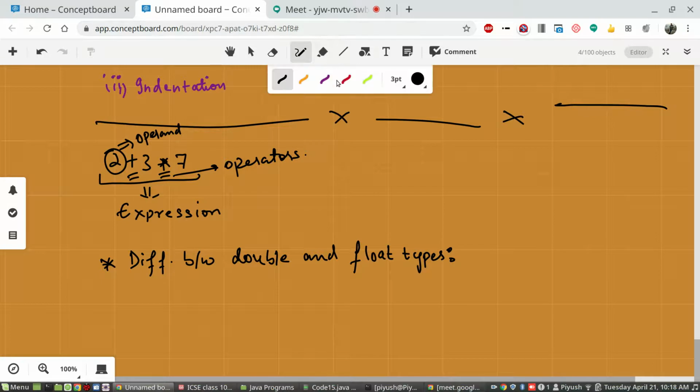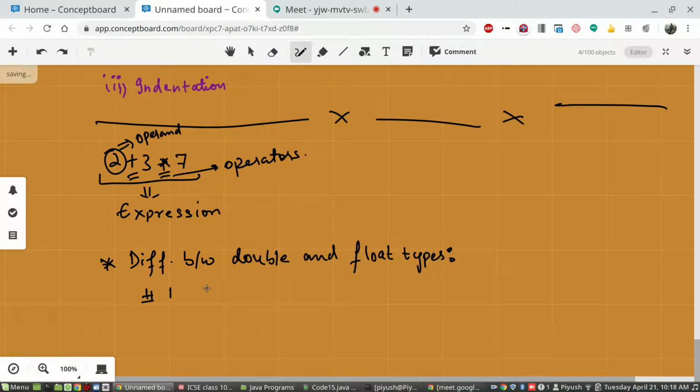The difference is in precision. Just a minute. So the difference is in precision. What do we mean by differences in precision?